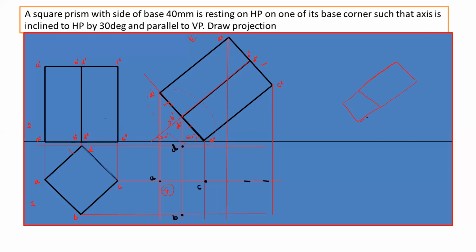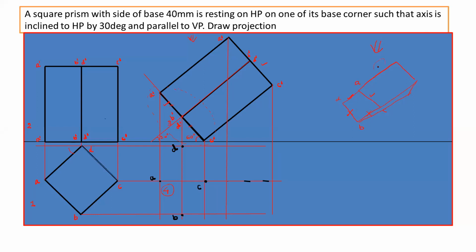So this is the inclined condition. If you observe from this direction, this is visible and this is visible. So here it is A, this is D, and this is C. But DB is hidden, and BC will be hidden. So we have to show these 2 edges of the base, DB and BC, as a dotted line, because these are the hidden edges from the top view.